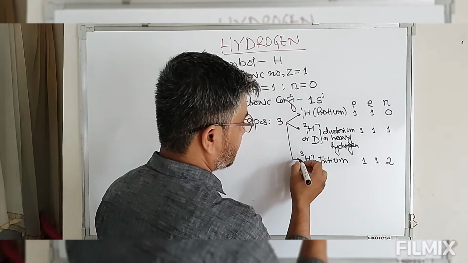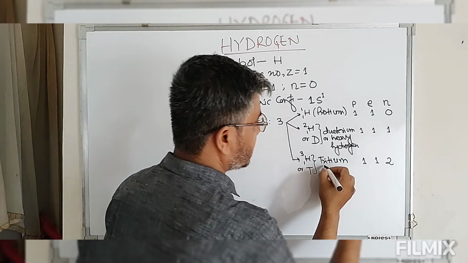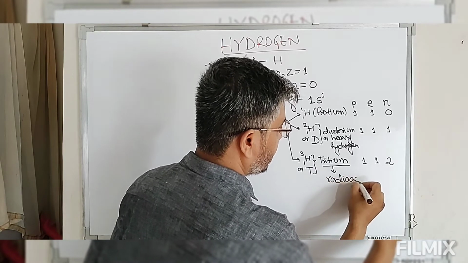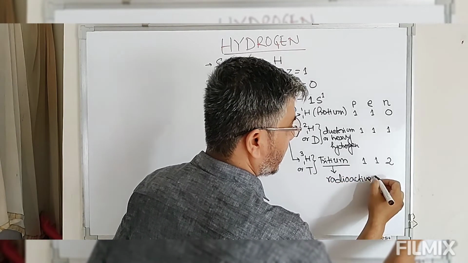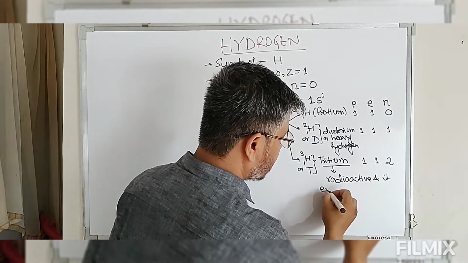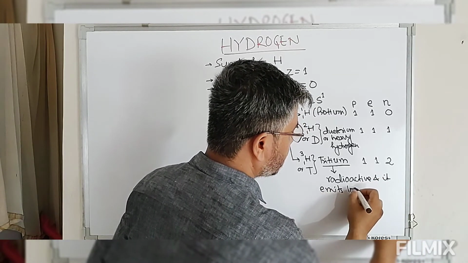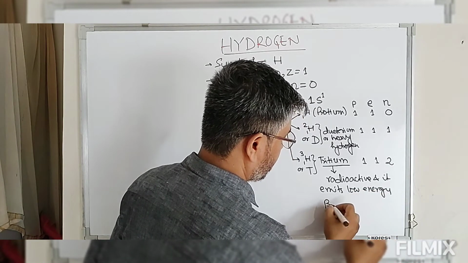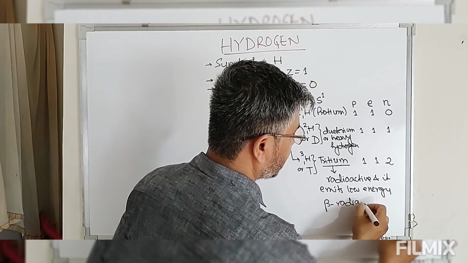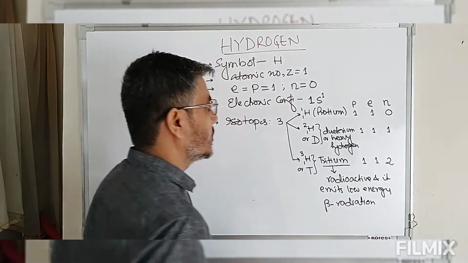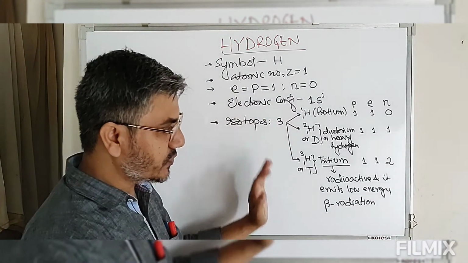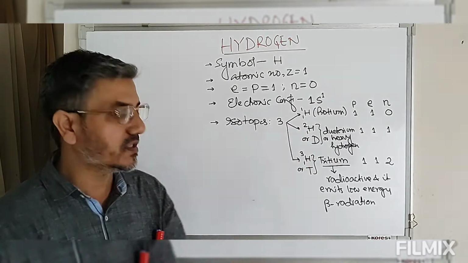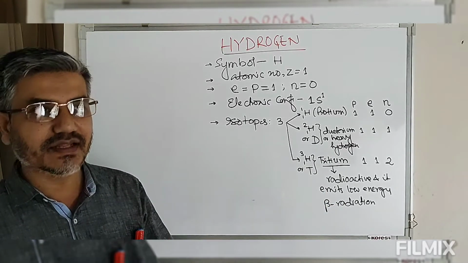This tritium, the one with mass number 3, is radioactive, and it emits low energy beta radiation, whereas protium and deuterium are not radioactive. Only the third isotope, tritium, is radioactive, which keeps on emitting low energy beta radiation, and its half-life